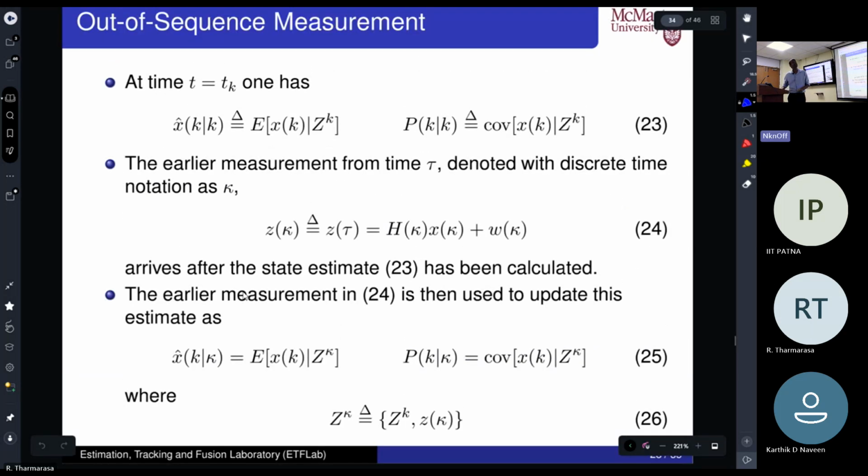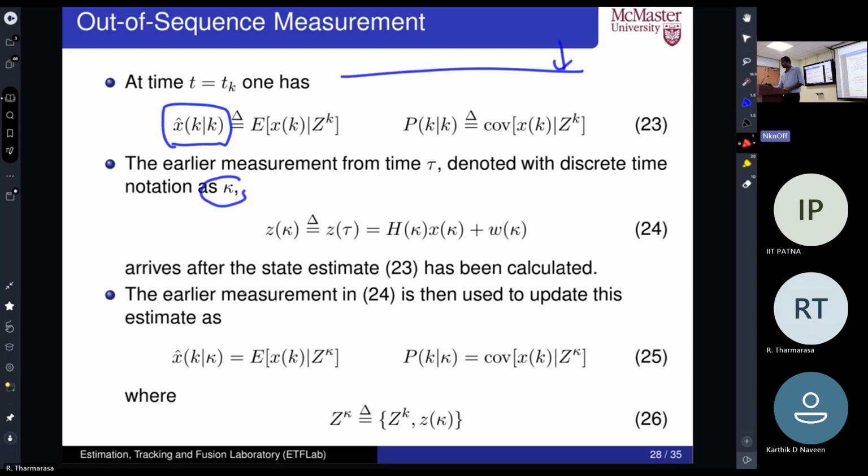Okay, as a first thing, when it comes to out-of-sequence measurement, you may need to understand the notation. This one says we already have this estimate at k. Now you are getting a measurement at kappa, so that's what I said. This is k and this is kappa. Okay, small k. So when you have an update at this point, you have a measurement originated at this time. But what you want is,